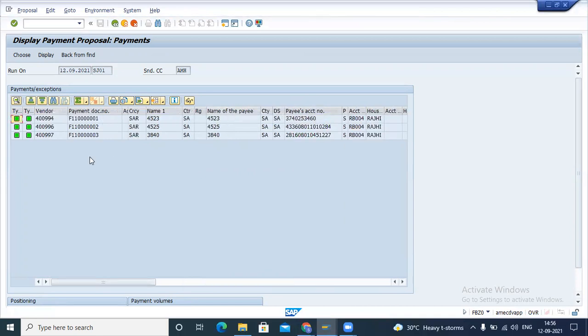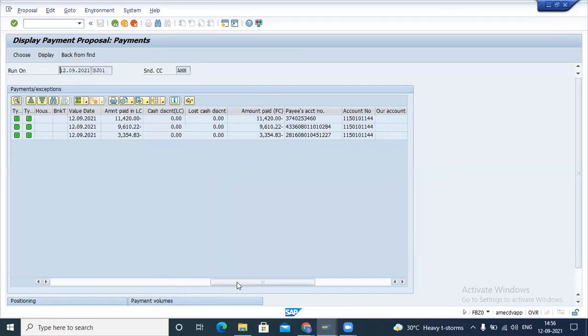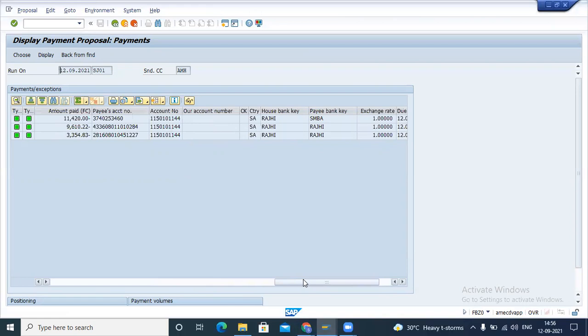So this is the process. You can download the proposal list from here, you can copy from here. Now I'll show you in depth how we can block a particular invoice, or if we want to block some document types. We have multiple options here, but let's first practice this part, how we can create the proposal.